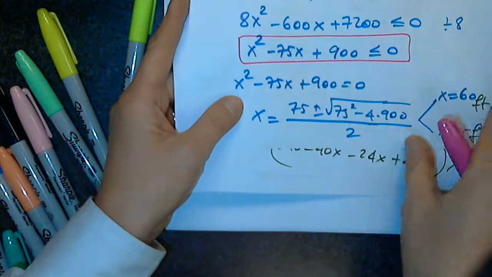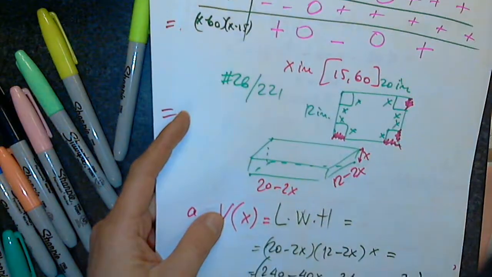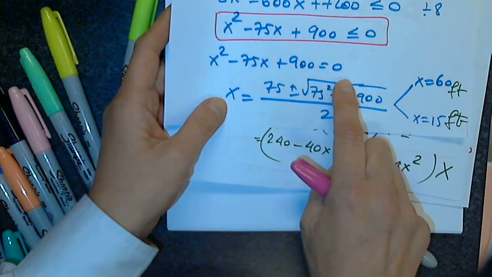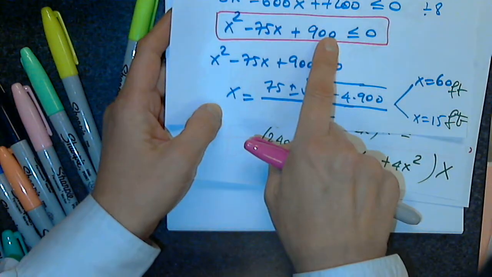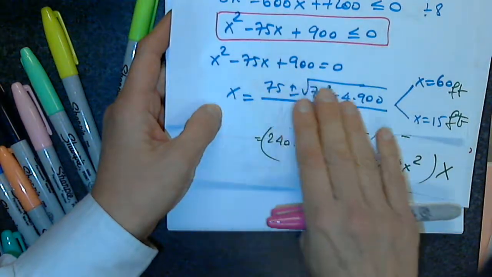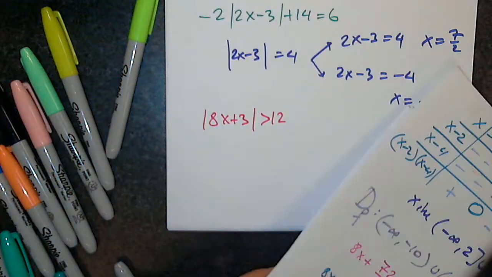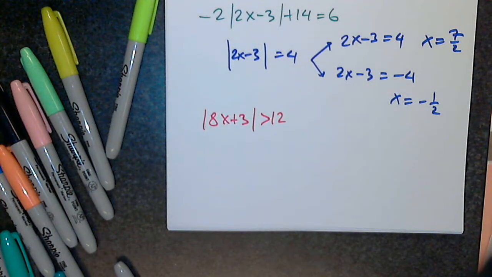But then I went back to the inequality. So the purpose here was to write the equation in descending order so I can use the quadratic formula, which I cannot use in an inequality. So this was just temporarily to determine these two. So this is an inequality. Please do not change it into an equation. Okay,